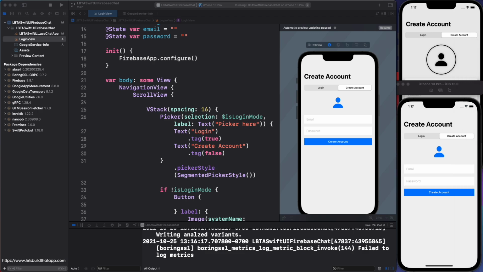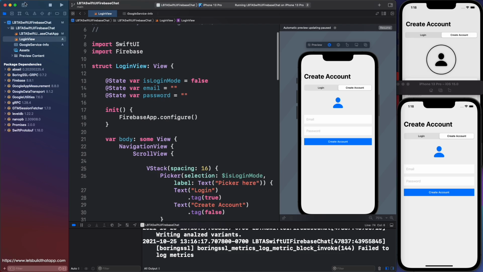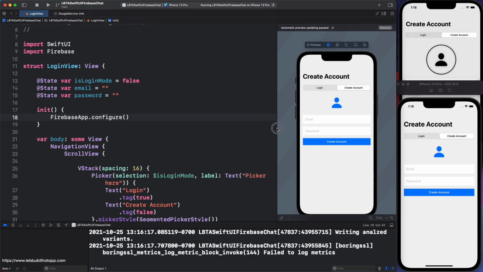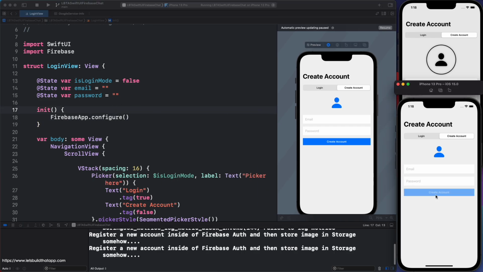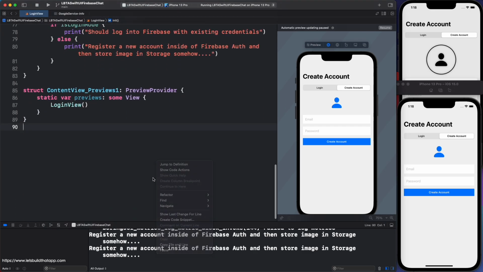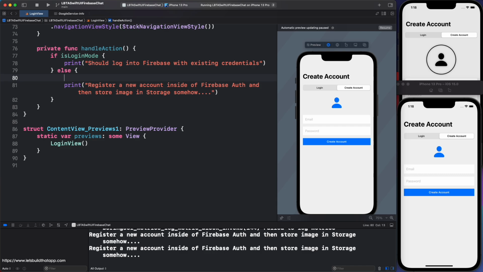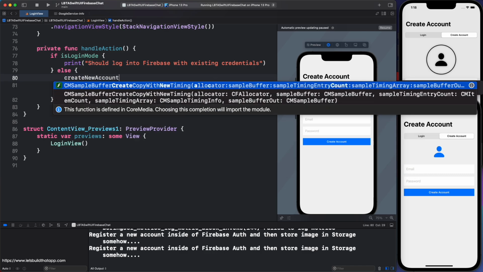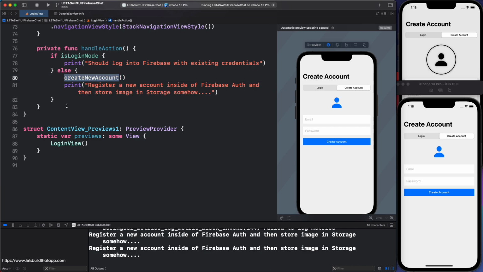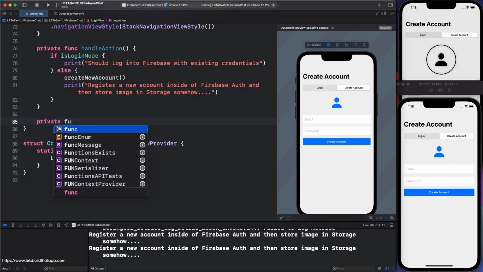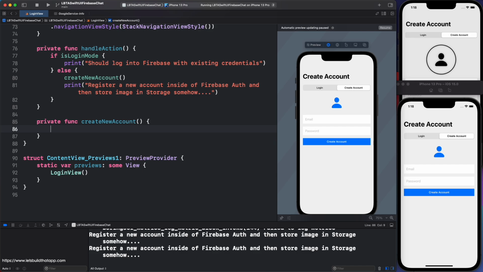I'm going to drag the Safari browser out of the way. And let's see. I think I'm good to start authenticating a user inside of my code now. I don't think I need that, so I'll minimize that. And if I'm inside of my project here, and if I hit create account, you'll see register a new account inside of Firebase, which is this bit of code on line 80. Now, I'm just going to say create new account as a brand new function. So whenever it's possible, just use private function, create new account. I think this is what I want to do here. I'll comment this out for now. Don't need the print statement. And to create a brand new